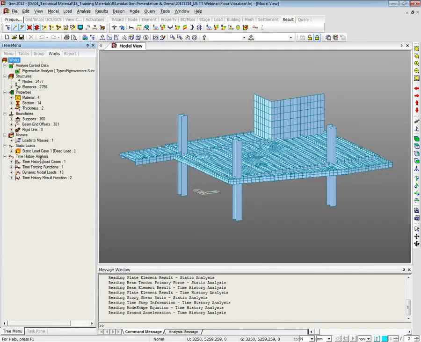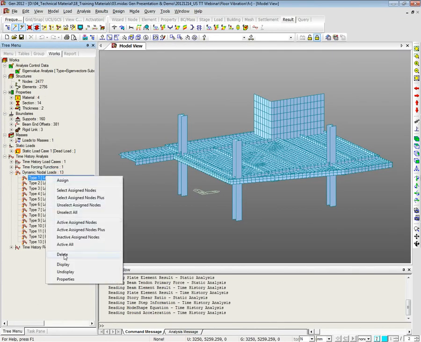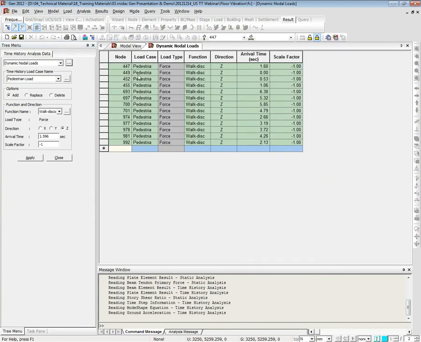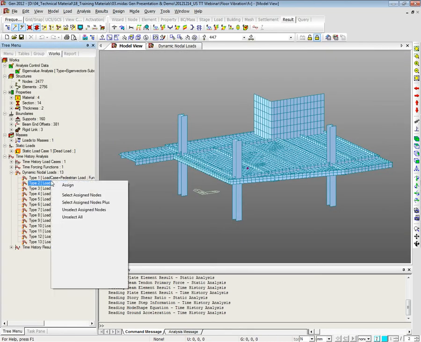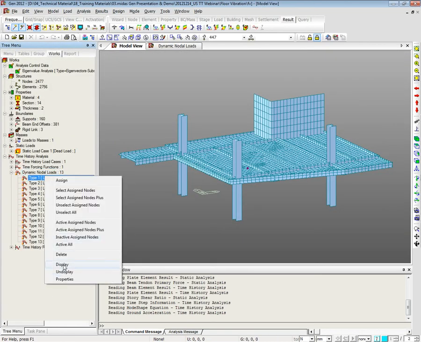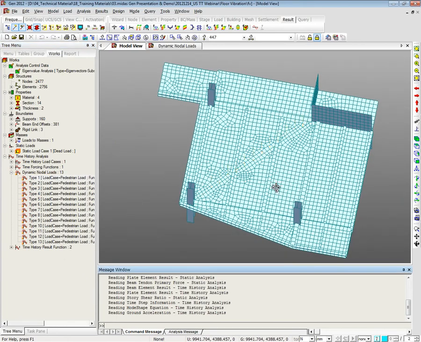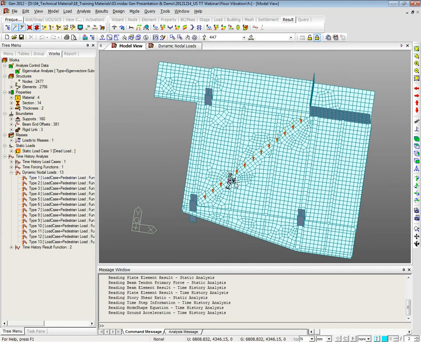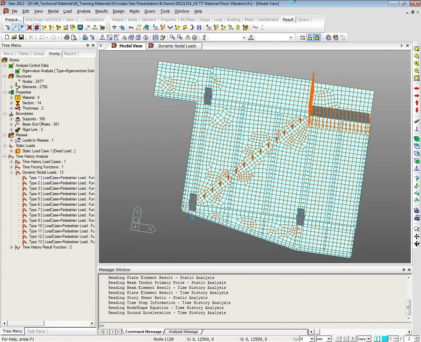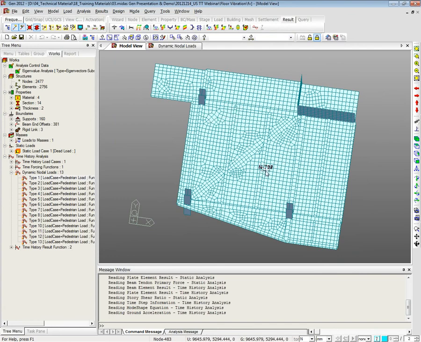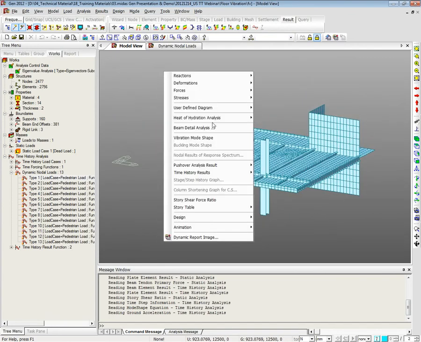In the same way, I predefined the dynamic nodal load for the entire nodes. So if we display this data for each of the nodes, this dynamic nodal load has been entered with different arrival times. After that, we can check the results. So we can perform analysis, and then as a result of the time history analysis,